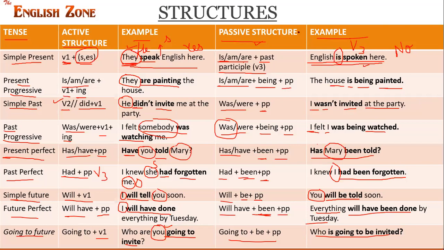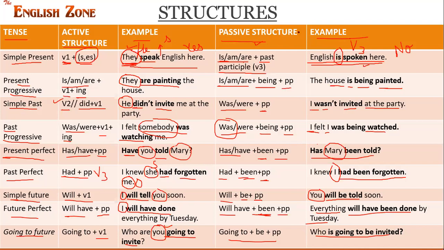For example, Shakespeare wrote Hamlet, right? So if the subject is not understandable, I will have to mention Hamlet was written by Shakespeare. But another thing is the government must implement the rules, or the government is implementing many rules. If I say the rules are being implemented, it is completely understood. Like the rules are being implemented by the government only. In case the subject is already understood, then why highlight it with the help of by, which is of no use in English.